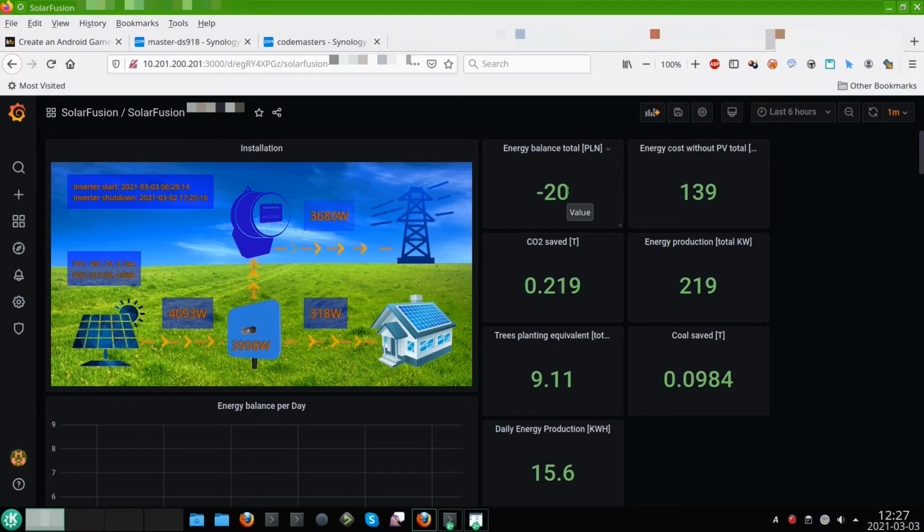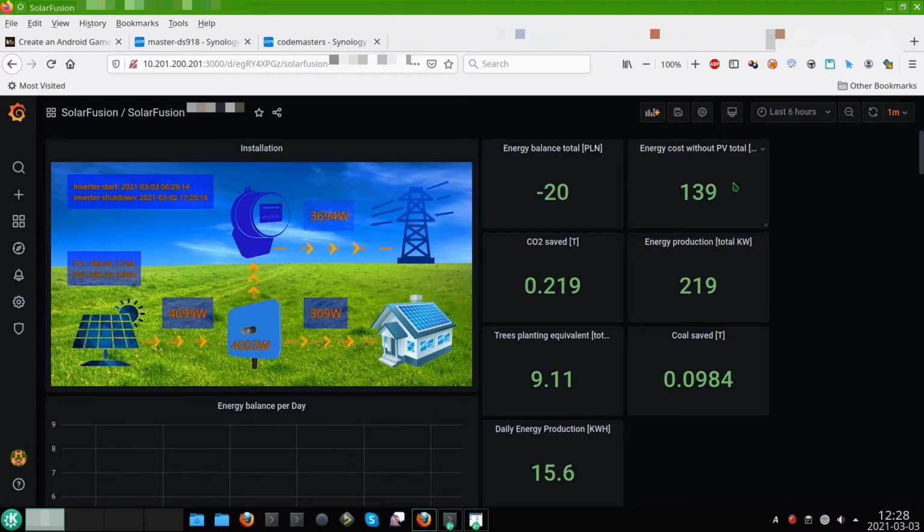So of course, for now, because it was winter here and the production wasn't so good each day, for some days it had been very small, like a few kilowatt hours of energy, and of course for some days it was great, like for example 24 or 25. So it's like that. And also I have that second value here,